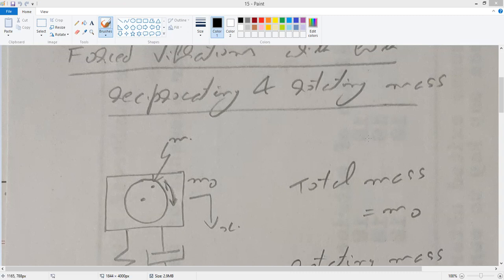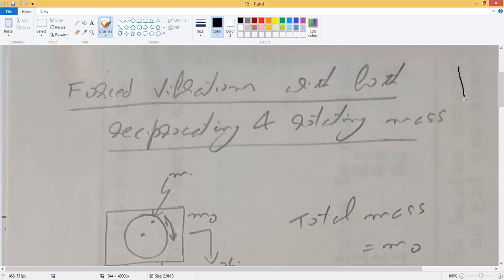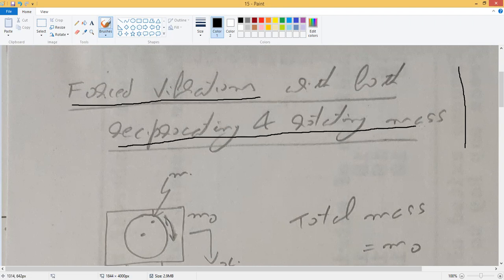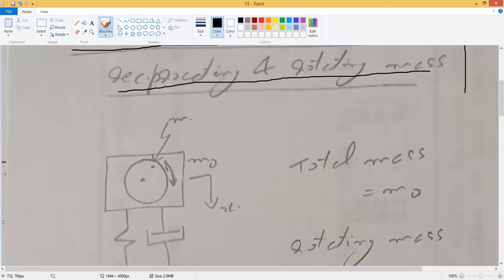Hello students, we will be dealing with another topic now from the industrial application. We are going to analyze a system from the forced vibration point of view, and the system is going to have masses which are reciprocating also, and they are rotating also. So let us assume that there is a block having a mass m0, and